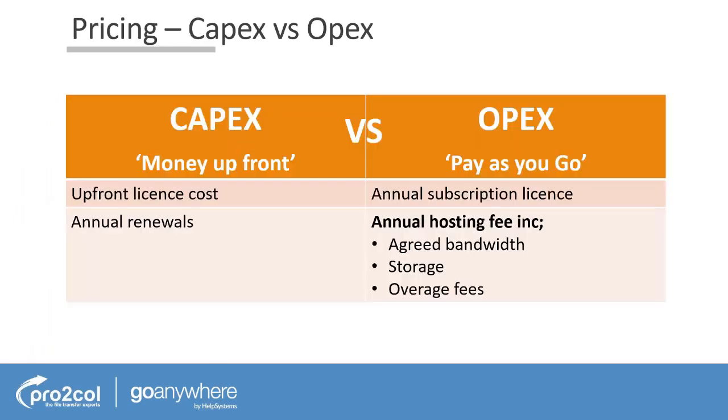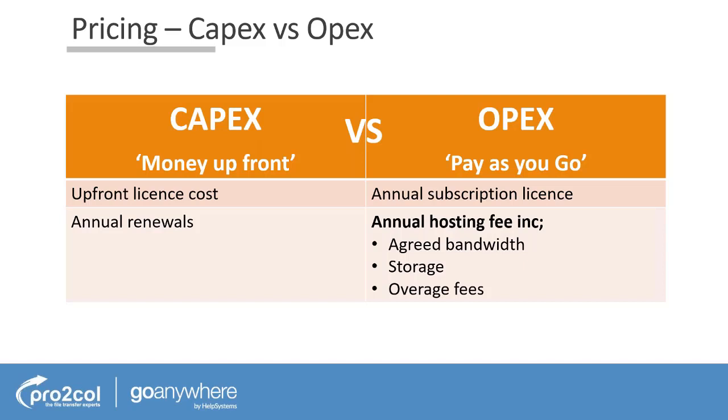And how's this priced? Well, as I said earlier, it still retains all that flexibility that it has as a license system. You can still pick and choose the modules that will work for you. Most of you historically will have bought GoAnywhere as a perpetual license with an upfront cost and then an annual renewal. In recent years, they've introduced subscription, so you can run GoAnywhere as a subscription license, even if you're running it in private cloud or on-prem. But if you're going for GoAnywhere MFTaaS, then you have to have a subscription license. So you can buy the modules that you need, but you pay for it annually on a subscription basis.